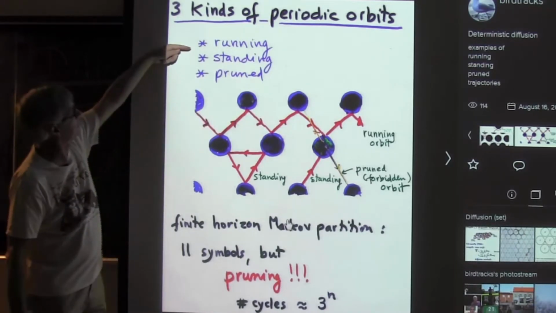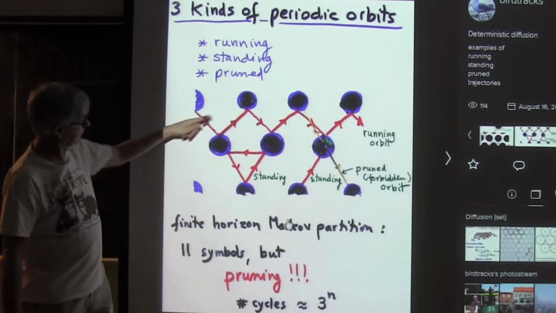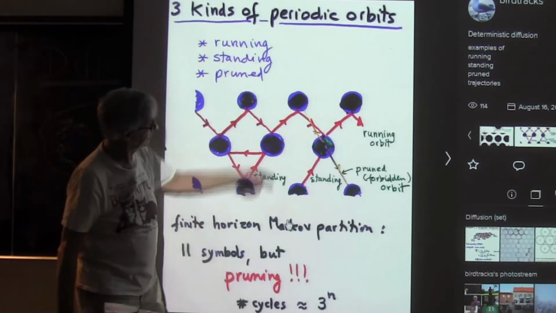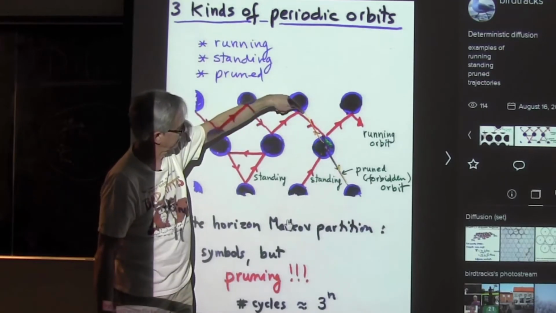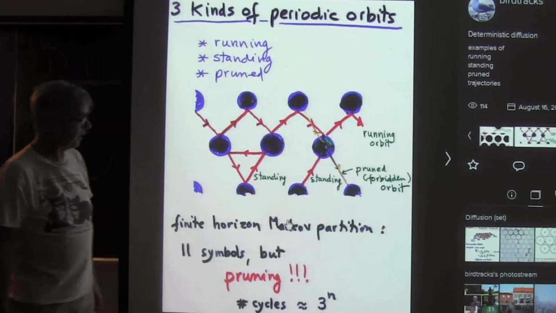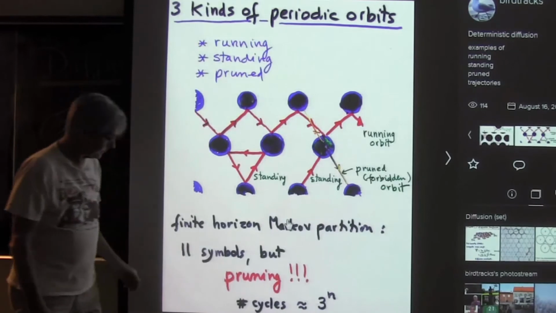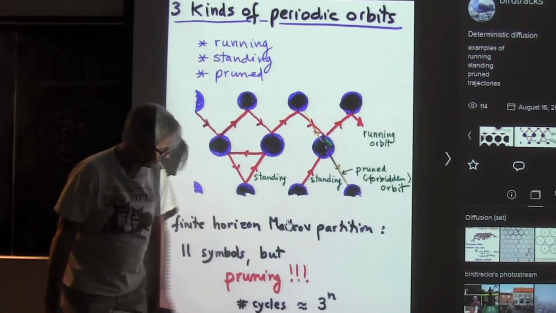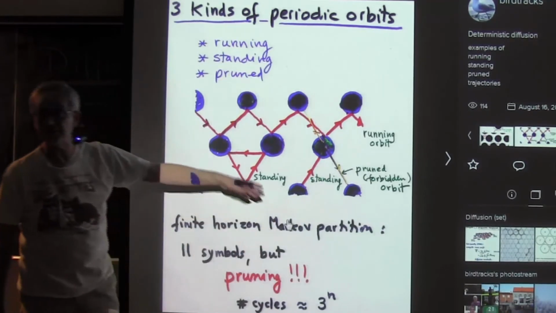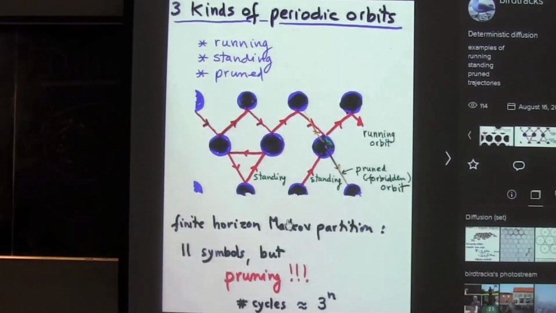in this system, there are motions which are running. They go all over the space. And especially the regular ones that go like... And then there are motions which are standing. And there are motions that are pruned. For example, I cannot start here and bounce against this disk because I have an obstruction. And it turns out when the disk is fat, like here, then pruning tends to be very dramatic. So effectively, the entropy is as though there are 3 symbols and not 11, 12 symbols. So pruning is quite a difficult problem here.